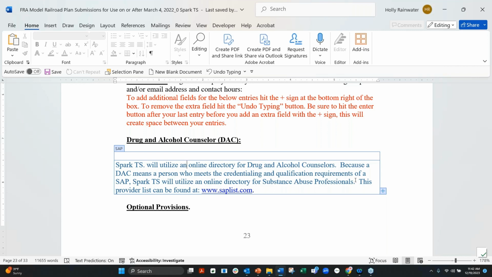But a SAP can be a DAC. For example, I'm a SAP, which means I'm also a DAC. But the real crux of the matter is the documentation that they provide when that person comes back to work. When that person comes back to work, the DAC will have different documentation than if they were a SAP, because